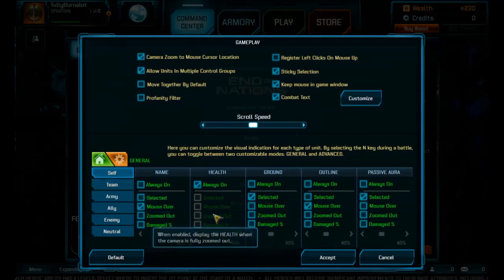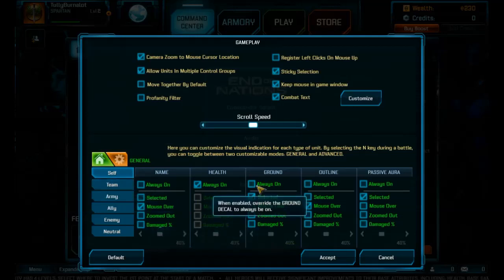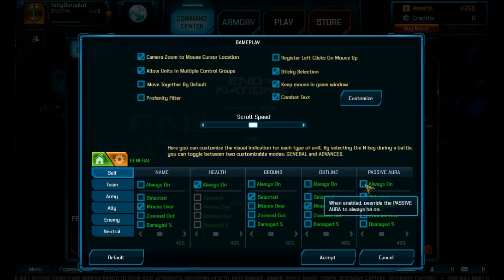Oh, I get it. Name, health, ground, always on. Let's see. Enabled, override the ground decal to always be on. The outline to always be on. Oh, I get it. It's the way the units look. Oh, right. The visual indication. It's the way the units look on the screen. I see it. Frankly, I think default's pretty damn fine. I played a few games and it wasn't bad for me, so I'm just going to leave it as it